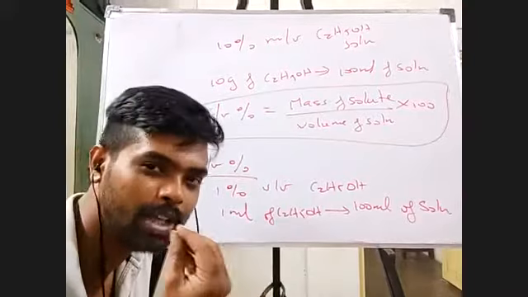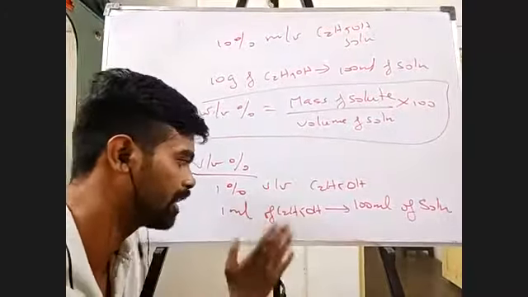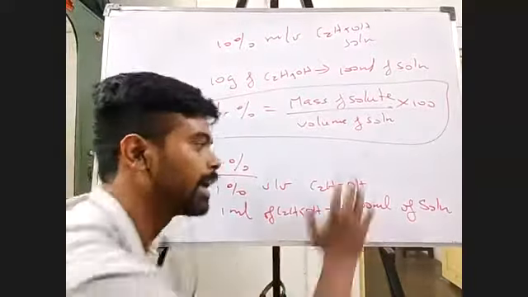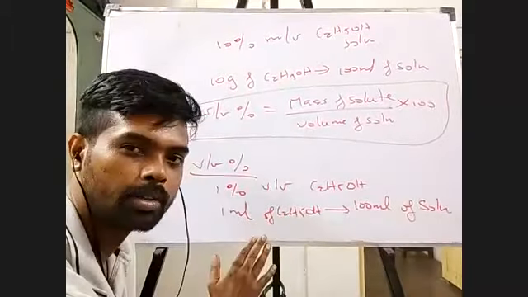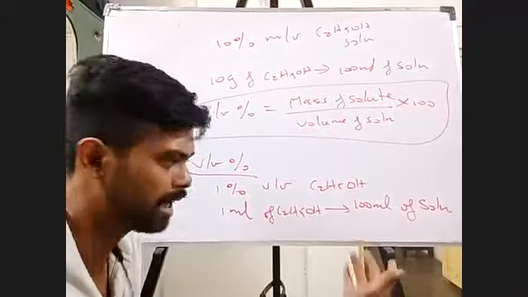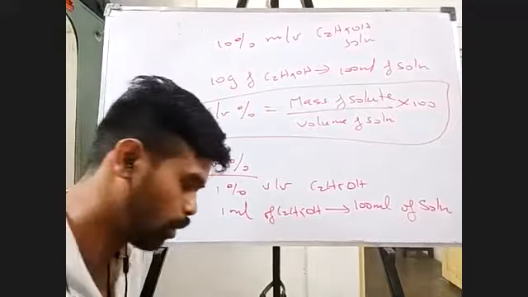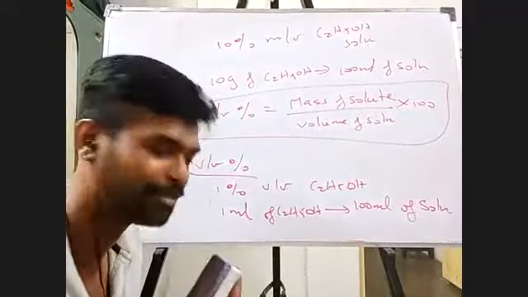Please open your mouth. It's a very simple question, isn't it? 1 ml of C2H5OH is there in total 100 ml solution. So I'm asking you how much ml of water is there. Only two components are there. One component's volume is known, total is known. Whatever is remaining is the amount of water. That is 99 ml. It's very difficult to get a word from you guys. You really have to improve this.